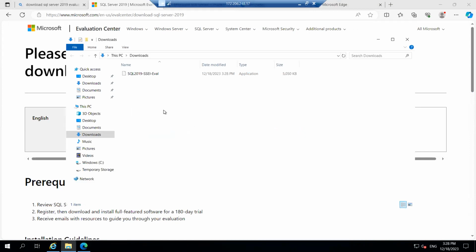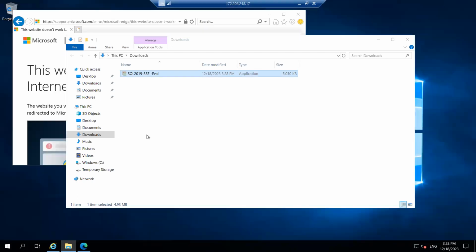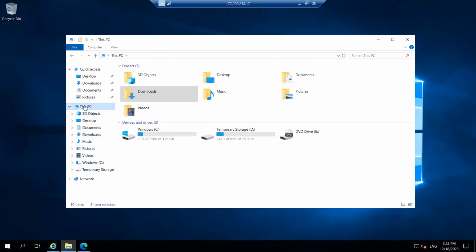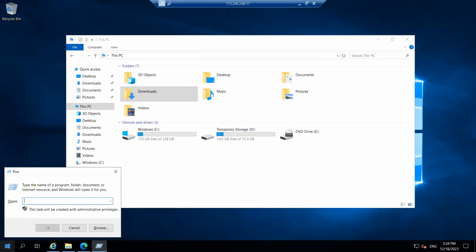Just copy this one. See, I am in a server. If you can see, I'm in a Windows server which we deployed, right? So I'm in the download center. Just navigate here, where we already added two more disks, right? So see, I am able to see only two options, right? So what we need to do is go to this disk